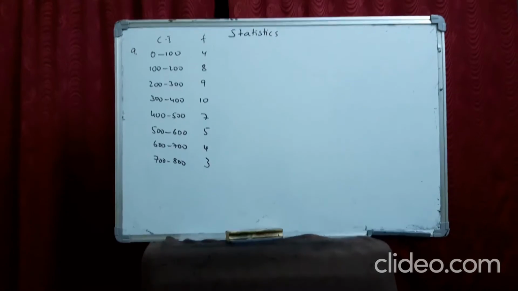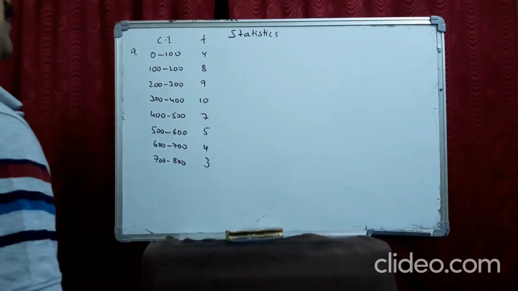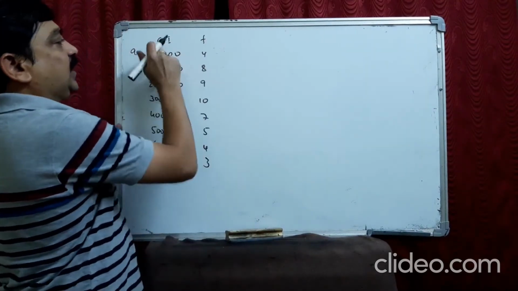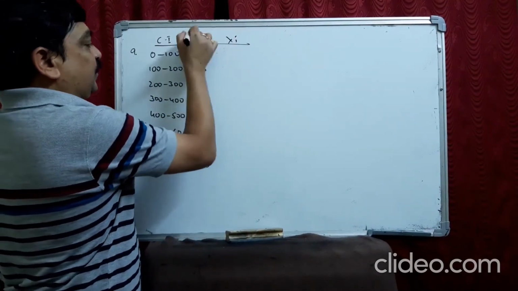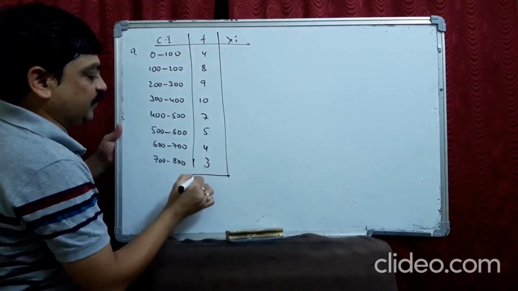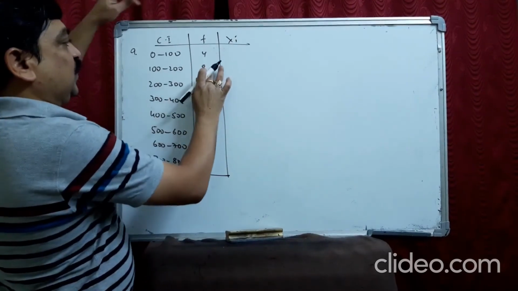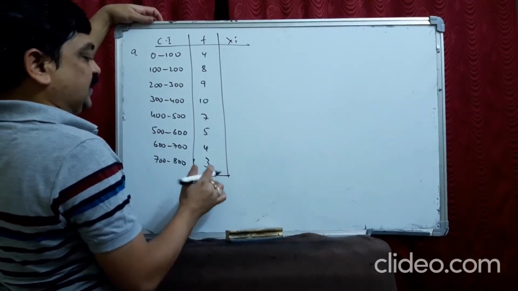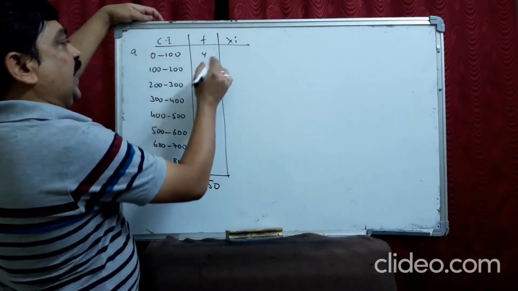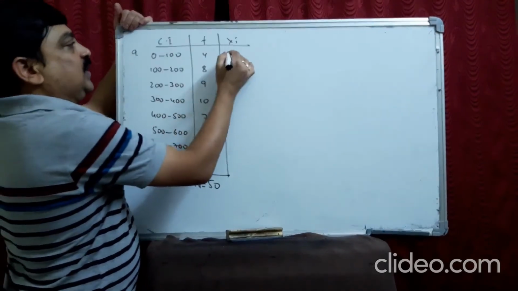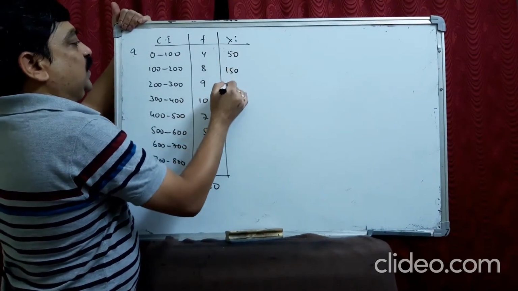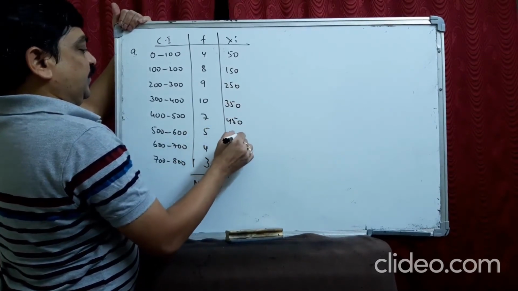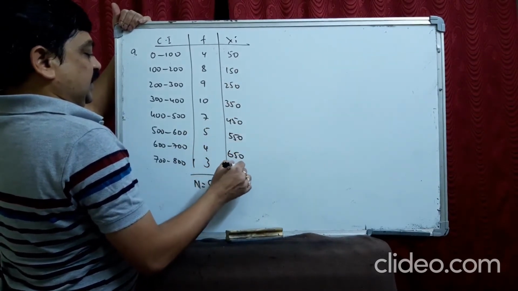Okay. Now here it is grouped data, to find the mean deviation from the mean only. So we will find the mean, but when class intervals are there, we use x. First of all, capital N. Let us find capital N here: 12, 21, 31, 38, 43 plus 7, 50. N is 50. x_i means the mid value of the class intervals: 50, 150, 250, 350, 450, 550, 650, 750.